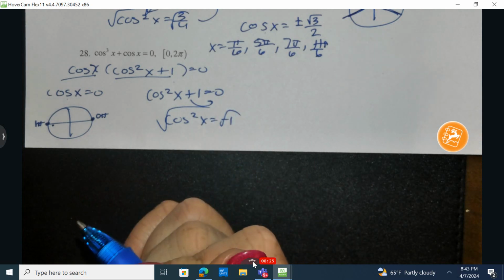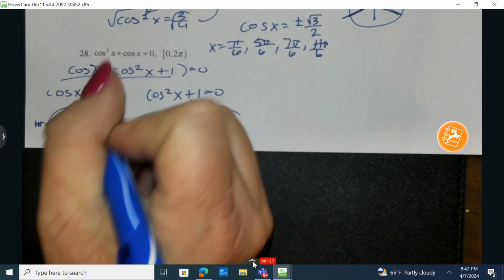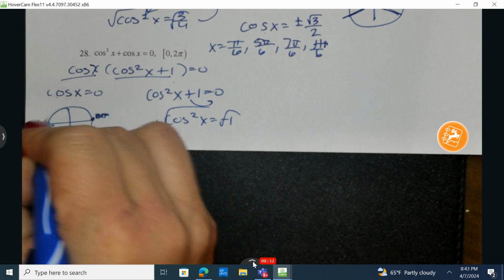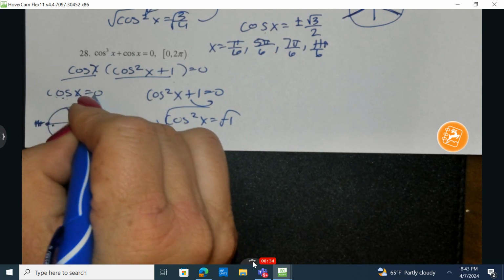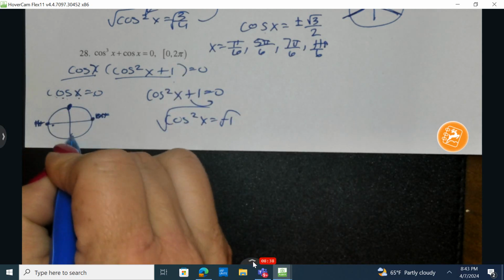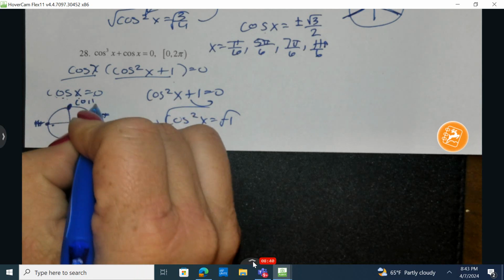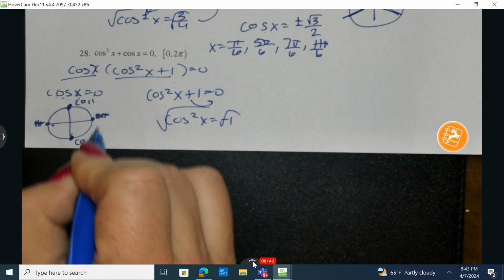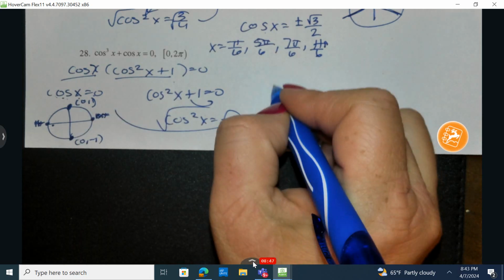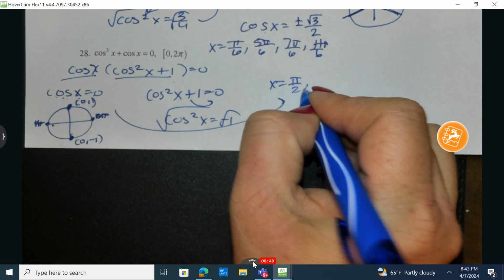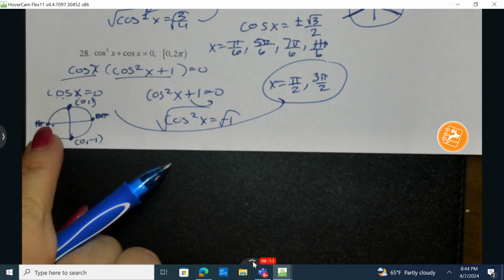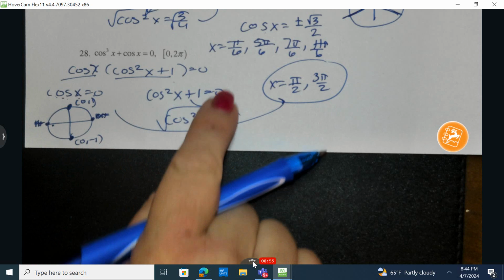So where is the only place where the cosine, oh, you know what? I did the sine where the sine is equal to 0. Let me go back here. Where are the cosines equal to 0? So where is the x equal to 0? It's right here. In 1 revolution, cosines are equal to 0 here at (0, 1) and (0, negative 1). So let me switch that back. The solutions here will be at pi over 2 and at 3 pi over 2. I was thinking in my mind sine when I chose those two locations. Again, why am I not considering